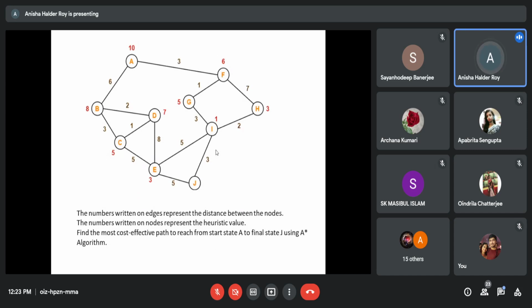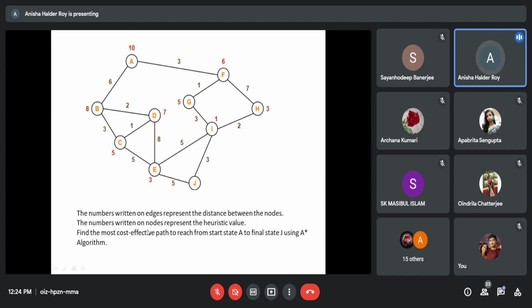So now the example is with a graph. The numbers written on the edges represent the distance between the nodes. These are the distances, the value of g(n). The numbers written on the nodes represent the heuristics. This 8, 10, 5, 7, 3 written on the nodes, these are the heuristics.